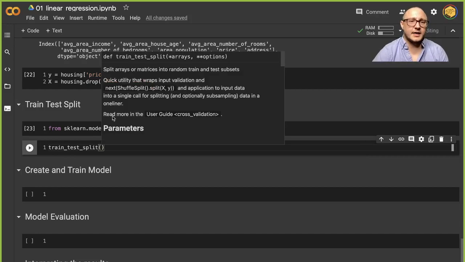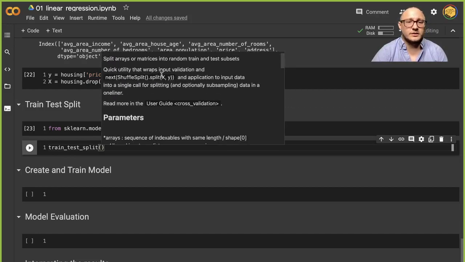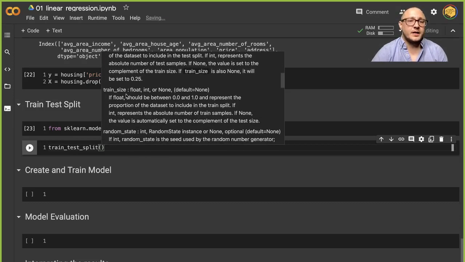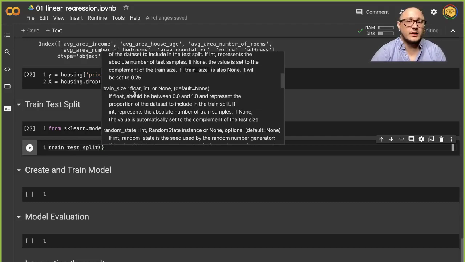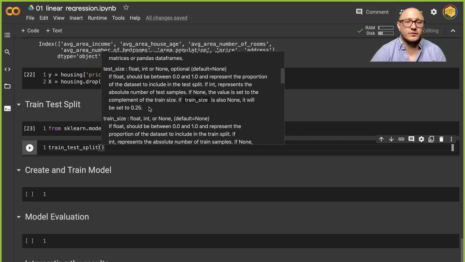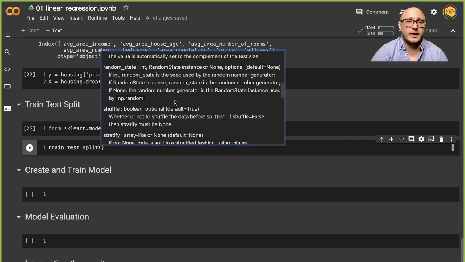Now, if we look inside this, we can see that there's an example here. What it actually wants is a couple of parameters. It wants the arrays. It wants a test size, training size as well. Now it usually sets the test size to, for example, 0.25, and it's everything between 0 and 1. I will usually pick something like 30 to 40%, and then we also need to pick, for example,